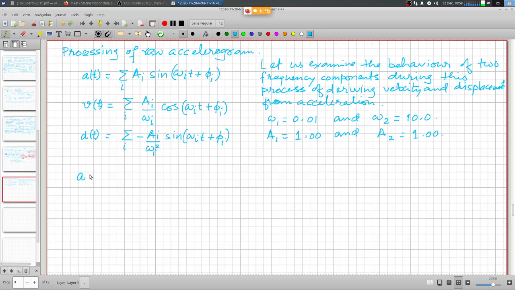So acceleration looks like sine 0.01 t plus phi 1, let's say, I would just say phi 1 is equal to 0 and phi 2 is also equal to 0, just to keep things simple, plus sine 10t,